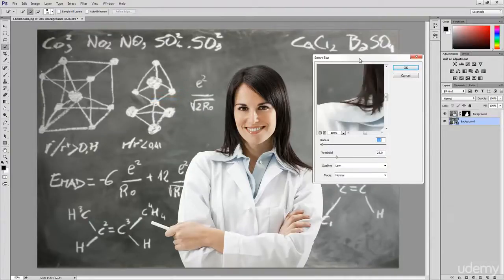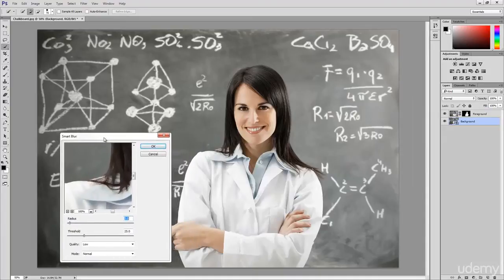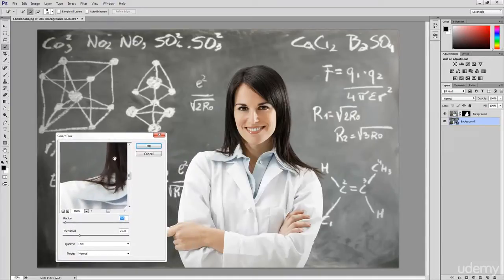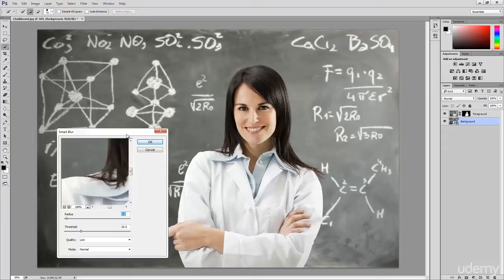Now, Smart Blur basically takes Gaussian blur and provides even more options to play with, including threshold, quality, and even an option to change the mode of the edges. But it should be noted that you won't see the blur take effect on the canvas until you actually click OK to apply the blur. I'll hit Cancel,